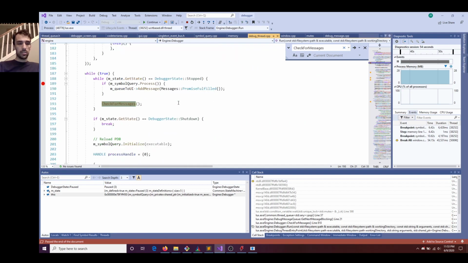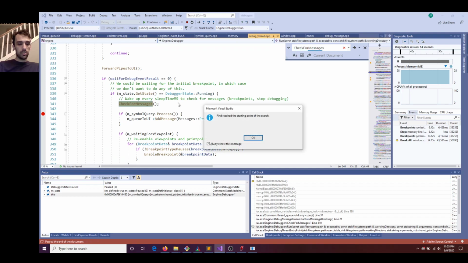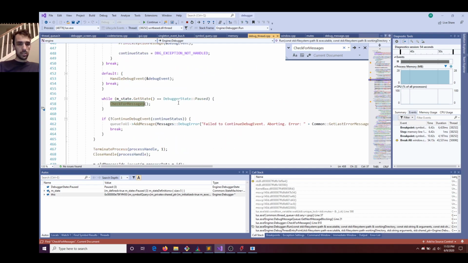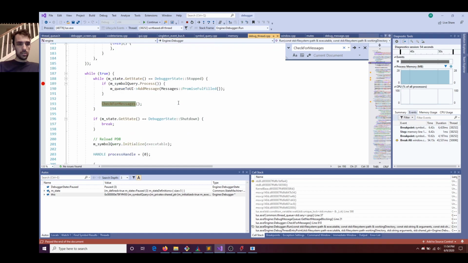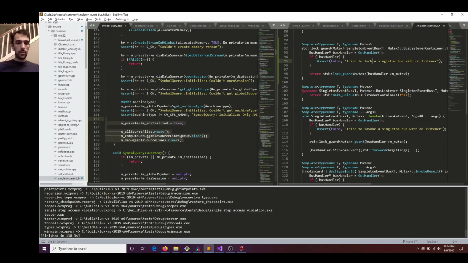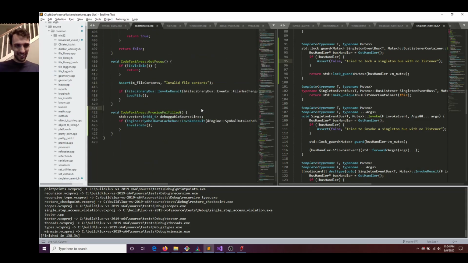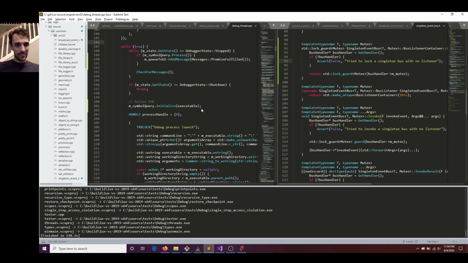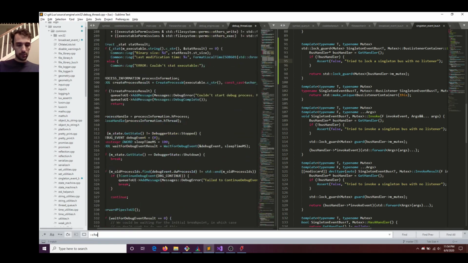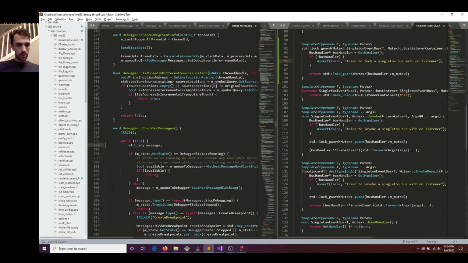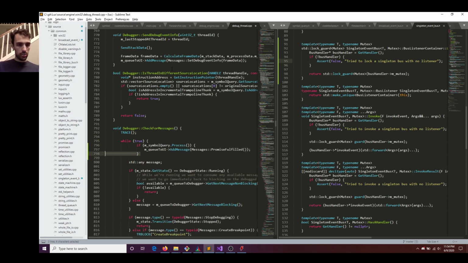I could put it here. Oops. I think it skipped one. No, it didn't. Yeah, I'm just going to put it inside check for messages. Why not? It's probably going to cause me problems later. Just put it right here. Between every message. Before every message. Before checking for any message,